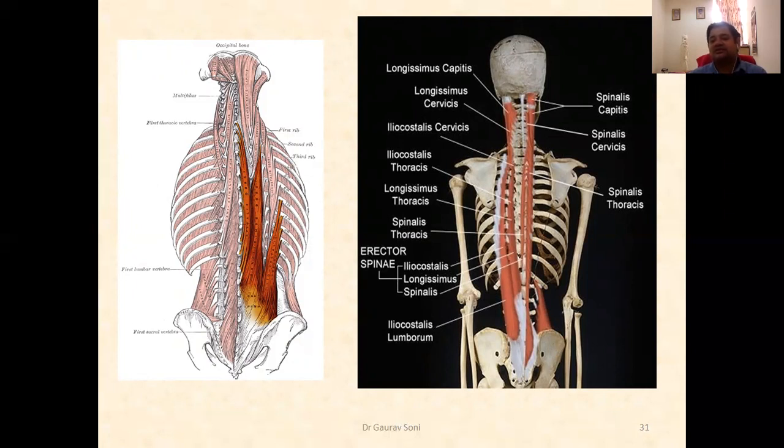Then, as they can move into a particular region, we are going to take the example of longissimus. See here, if it is present in the thoracic region, it will be known as longissimus thoracis. If it is present in the cervical region, it will be known as longissimus cervicis. If it is going to be attached on the head, it will be known as longissimus capitis. So the muscle is the same, the length is the same. You can see big muscles are there, but as the region is there, they are again divided, and that particular region name is suffixed with the name of the erector spinae group.